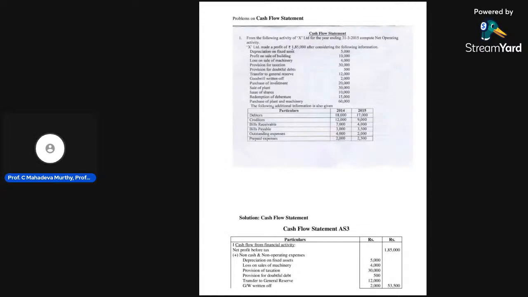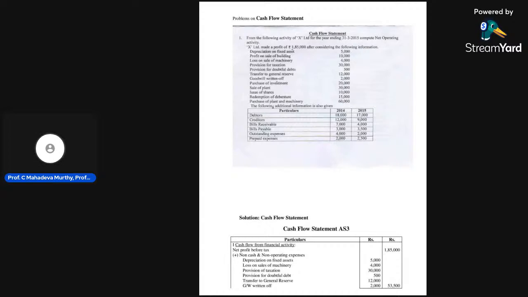From the following activity of X Limited for the year ended 31st March 2015, compute net operating activity. This is the information. X Limited made a profit of rupees 1,85,000 after considering the following information: depreciation on fixed assets 5,000, profit on sale of building 10,000, loss on sale of machinery 4,000, provision for taxation 30,000, then provision